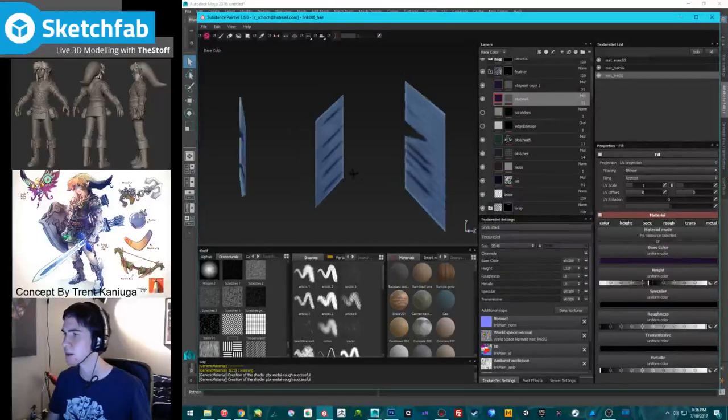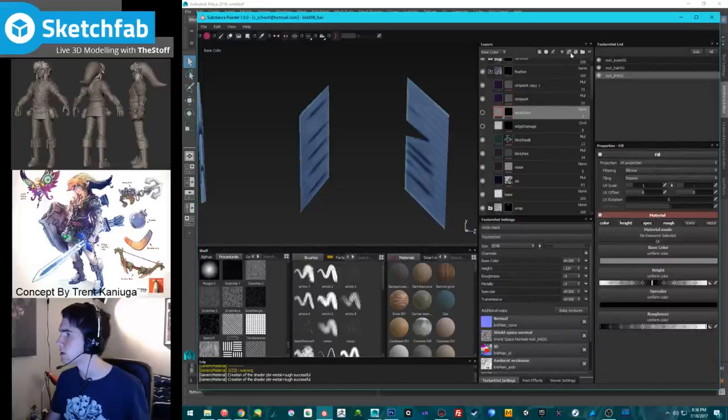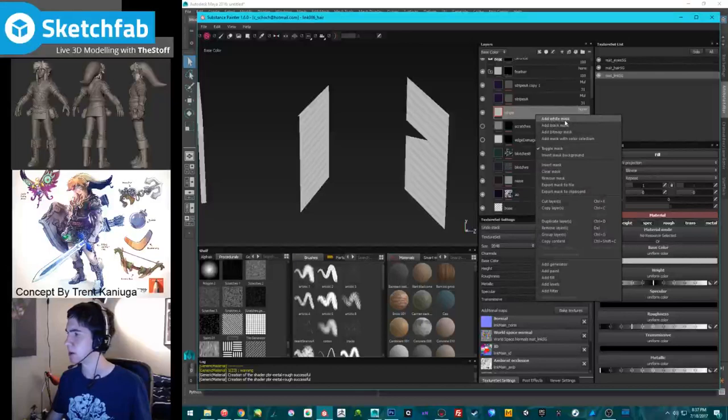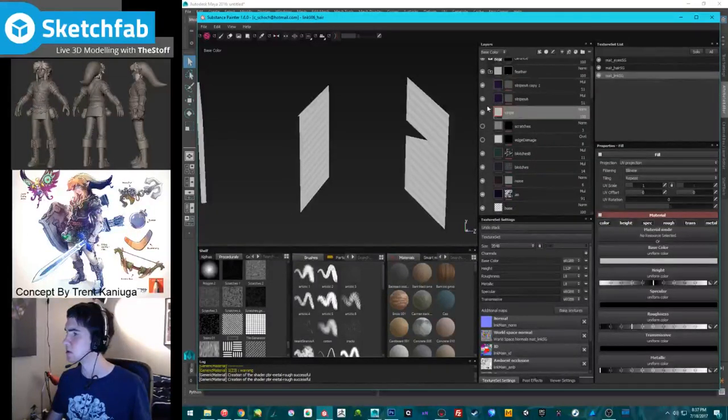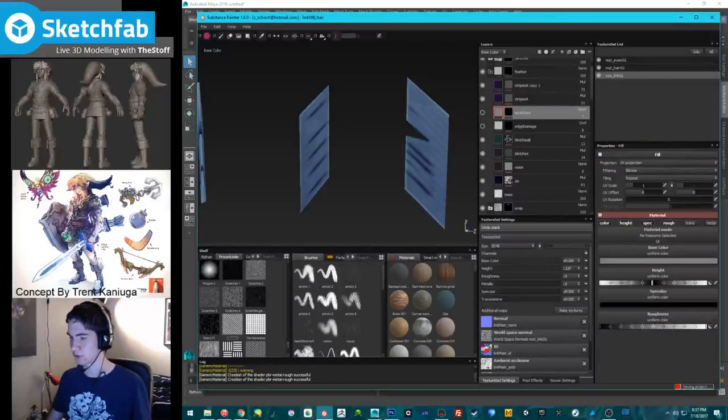Okay, so now I want to add a color layer here. We're going to add a fill layer, and this is going to be called stripe. I think I might have to manually paint this, which I don't want to do. Alternatively, I could do this in Photoshop because I already have a base texture. That might be a better idea, actually. Let's do that. Remove layer. Okay, onward to Photoshop.